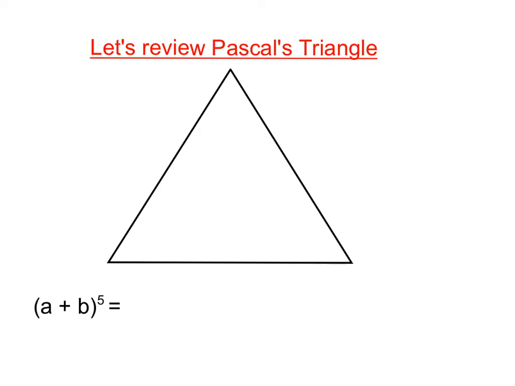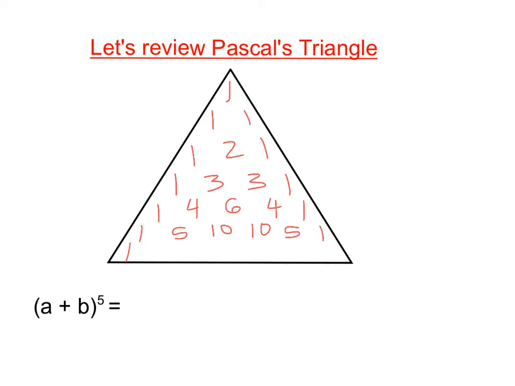All right, so quick review of Pascal's triangle. We talked about this recently, last week, I think. So remember, it starts with 1, 1, 1, 1, 2, 1, 1, 3, 3, 1, right? Because we're adding. 1 plus 1 is 2, 1 plus 2 is 3. So 1 plus 3 is 4, 3 plus 3 is 6, 3 plus 1 is 4, and then a 1 on the end. So 1, 5, 10, 10, 5, 1, 1, 6, 15, 20,